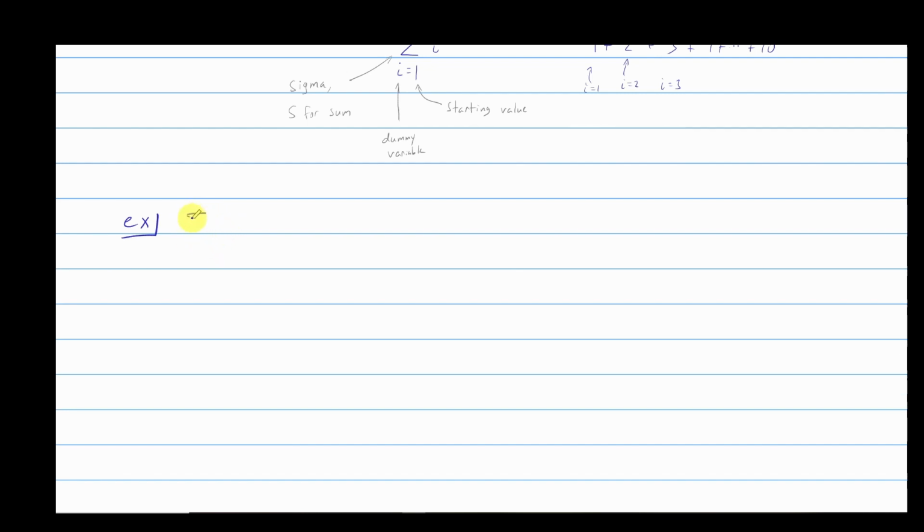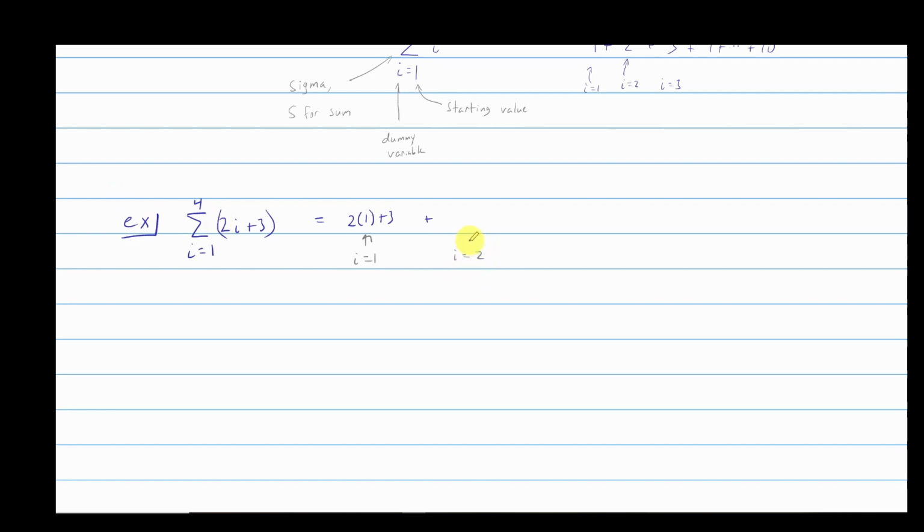Suppose I had this: the sum from i equals 1 to 4 of 2i + 3. So what I do is I say, all right, when i is equal to 1, then I follow my formula, and I will get 2 times 1 plus 3. And then plus,